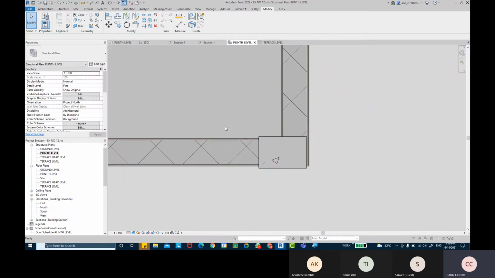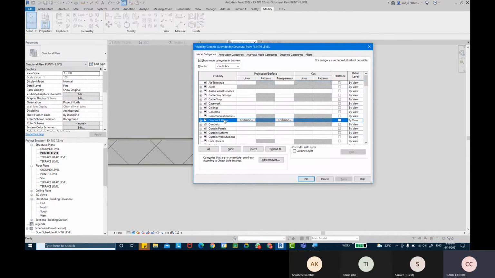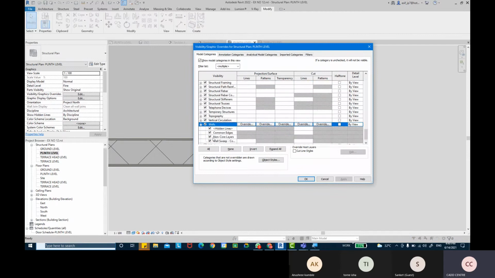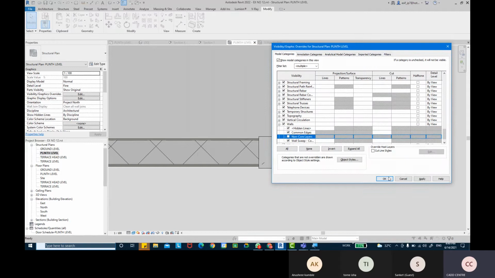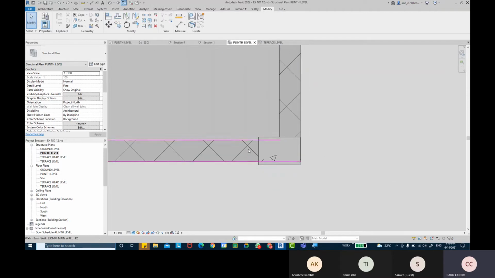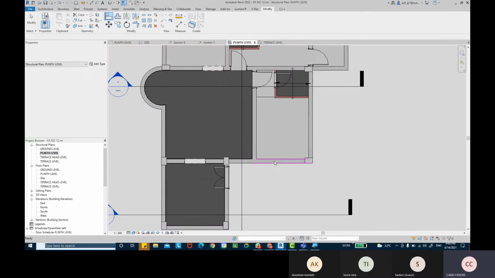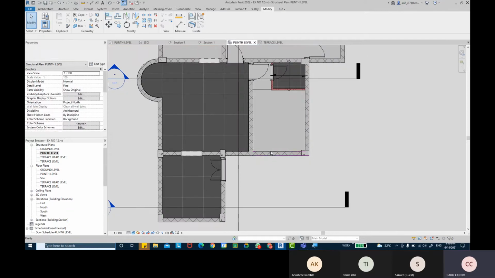So if you press VG and take walls, expand this, and you can hide the non-core layers so that you just see the core of the wall, and then you can click on the align tool, these columns. Okay, so these are the columns that we have created.